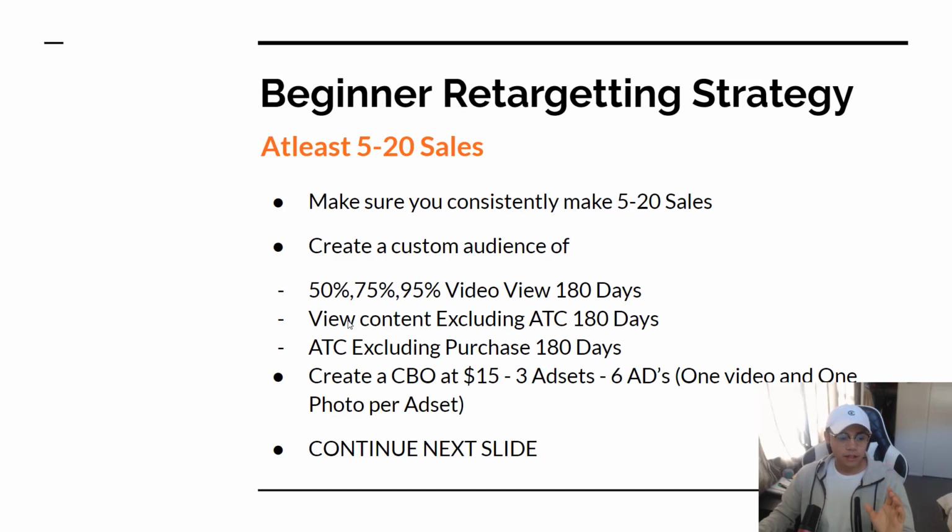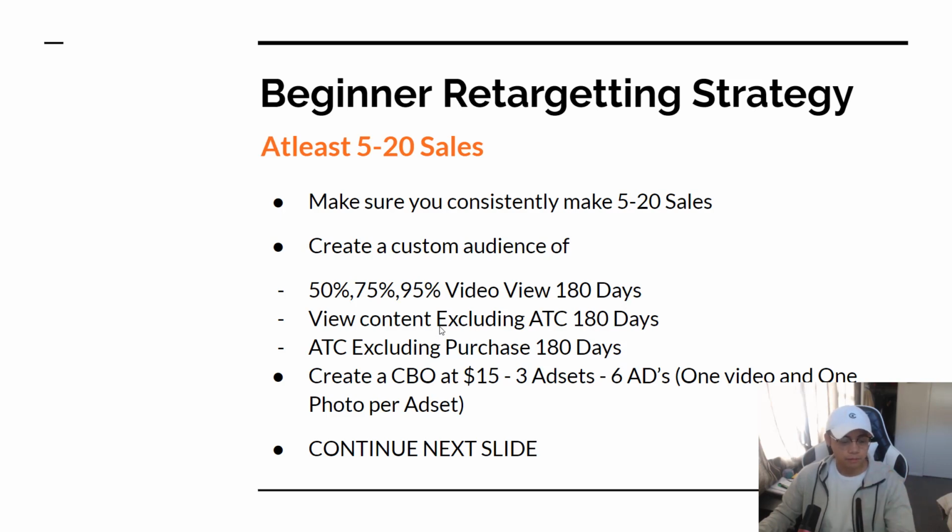Then create a view content excluding add to cart audience for 180 days, and add to cart excluding purchase for 180 days. So you're making five custom audiences,